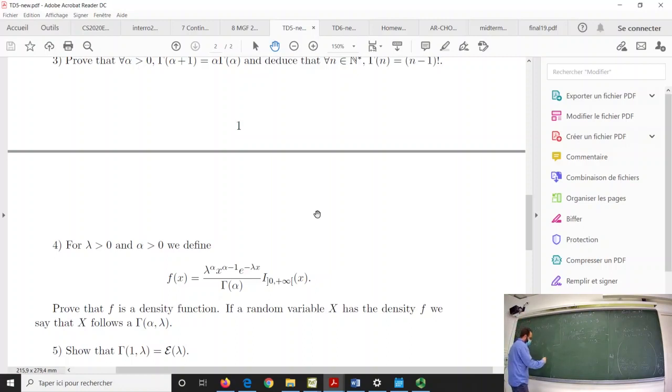I have exponential of minus S(1 minus Z), indicator function S(1 minus Z) strictly positive, and I have to divide by gamma of B. And I don't have to forget, so to be clear here,